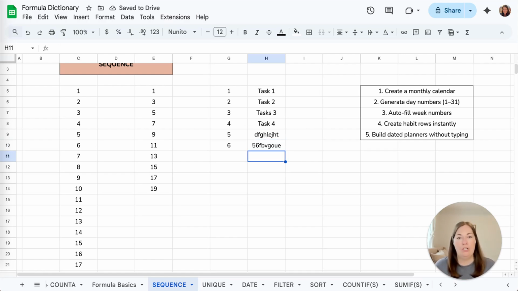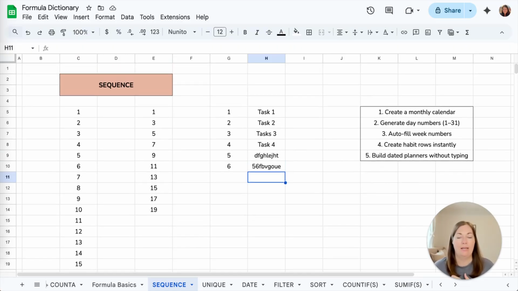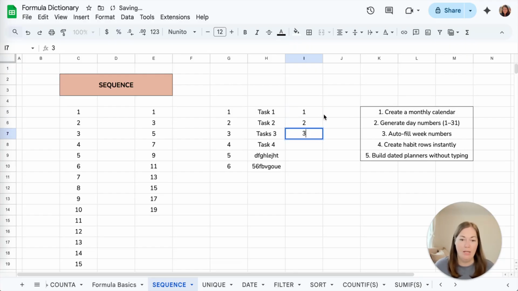So those are some ways you can use sequence. It just makes life a lot easier, especially when I am doing like a numbered checklist or a numbered list of some kind. I like doing sequences because I'd rather do that than having to manually number out or using the magical blue dot, even though that saves us time. Like if we were to do 1, 2, 3, and then I was to highlight these and then just copy them, it will magically